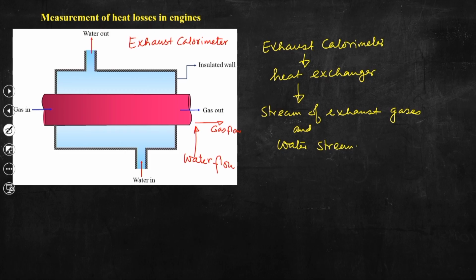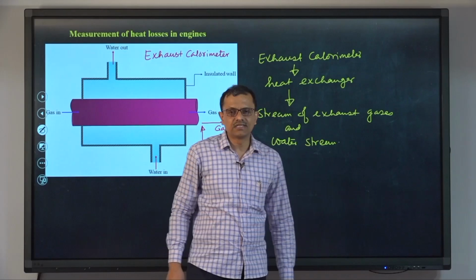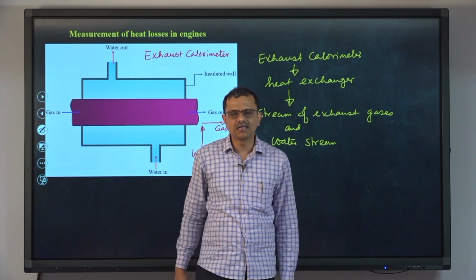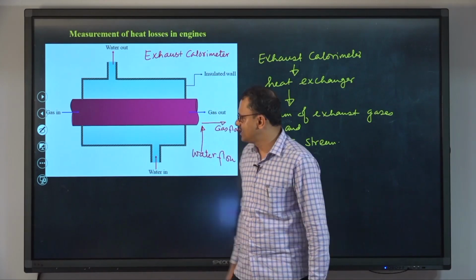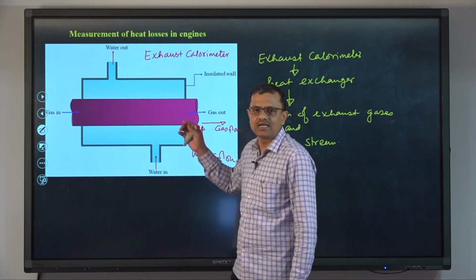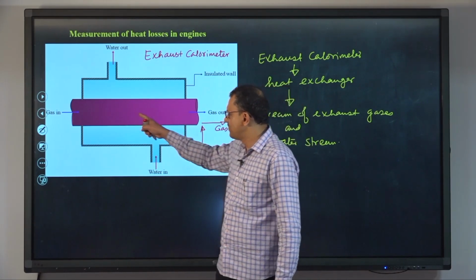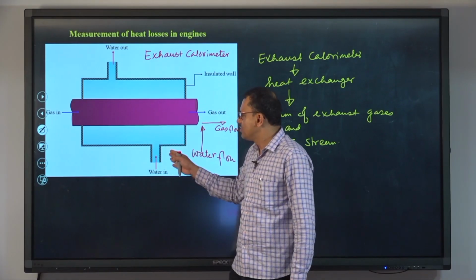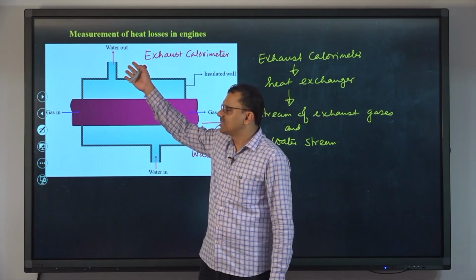So, these two different fluids are allowed to flow through this particular device, and in the course of their flow through this device they exchange heat, and the sole idea is to take off a certain amount of heat from the flowing gas stream by the water,